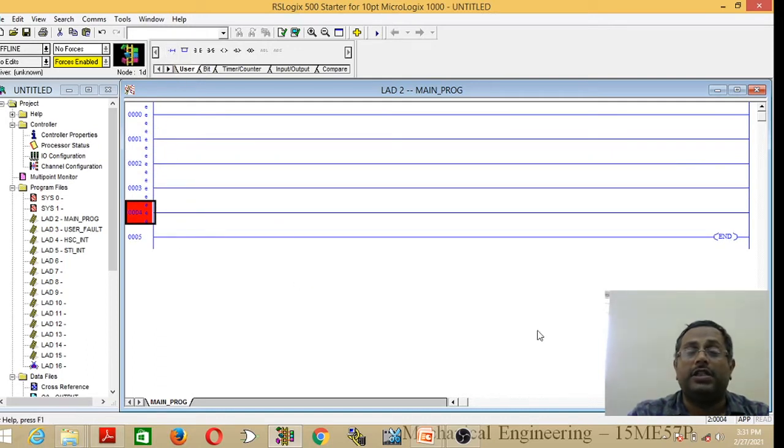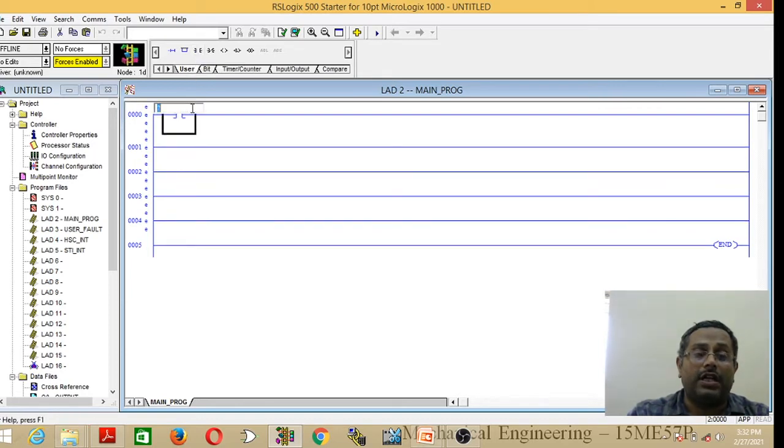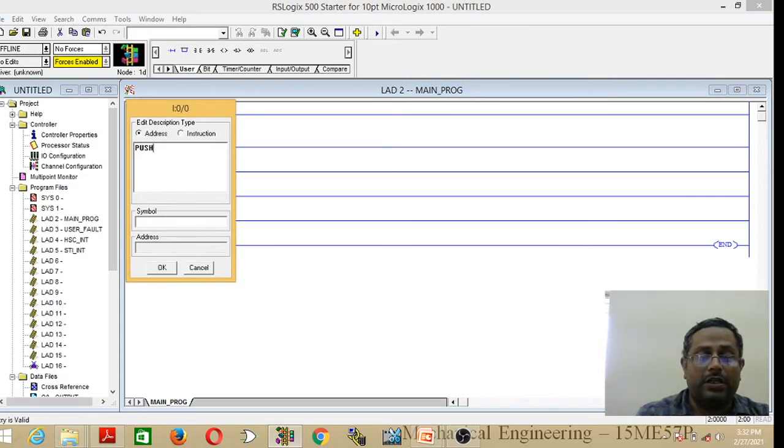Once the rungs have been added, you have to add the elements, such as open NO switch, NC switch, coils and timers to these rungs. First go to the first rung. First our aim is to switch on a motor. For that we require one open contact. Add an open contact under User, go to Examine If Closed, and give the address. We are giving the input address, that is I:0.0/0. This is connected to push button 1, and give a symbol as PB_1 and click OK.